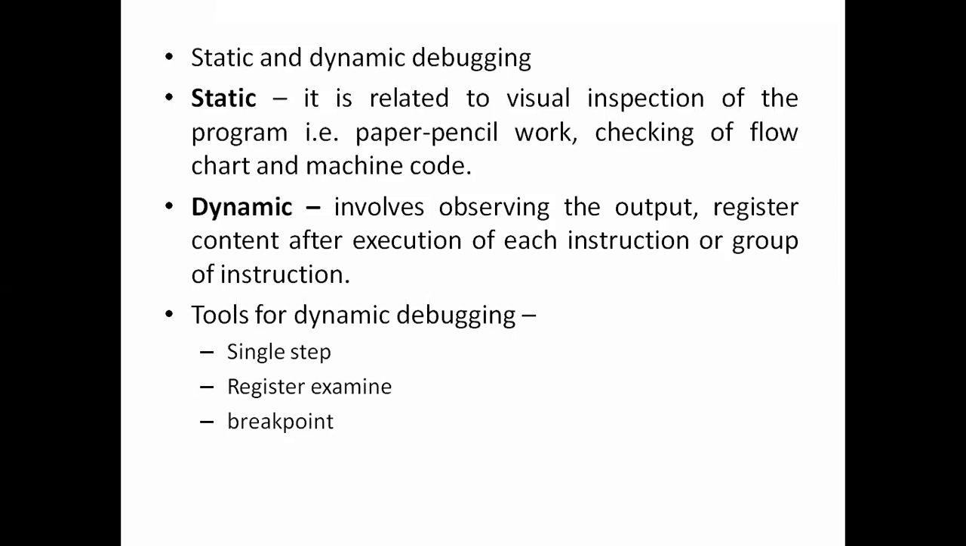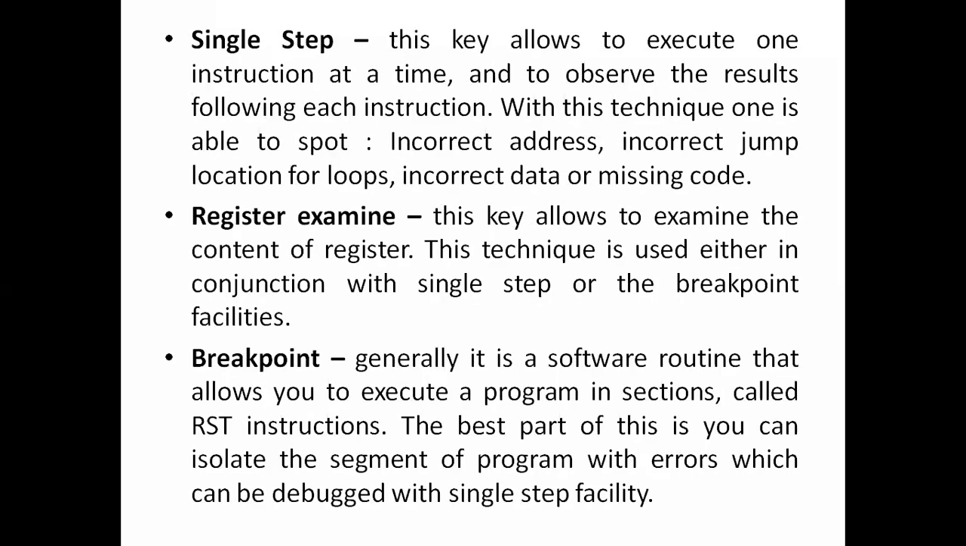It may be an incorrect address where you are executing your program. It may be an incorrect jump location for the loop. It may be incorrect data or missing code. So single step allows you to execute one instruction at a time, and to observe the result after each instruction. And you are able to find the different kinds of errors which can occur, such as